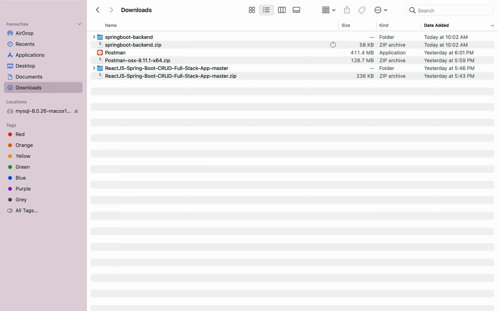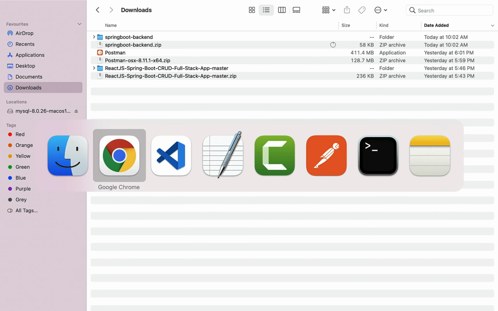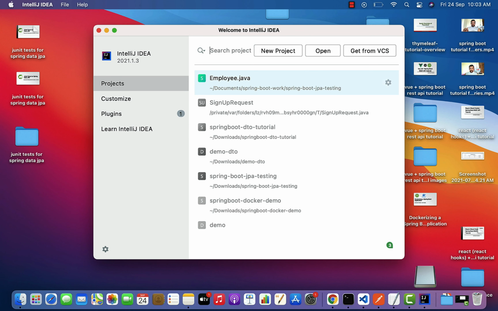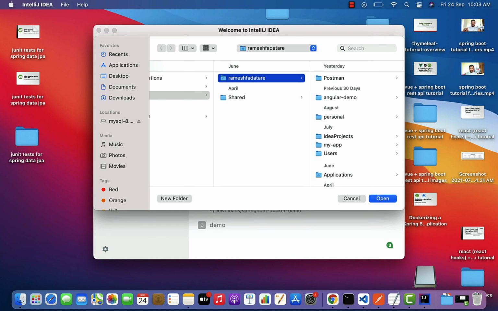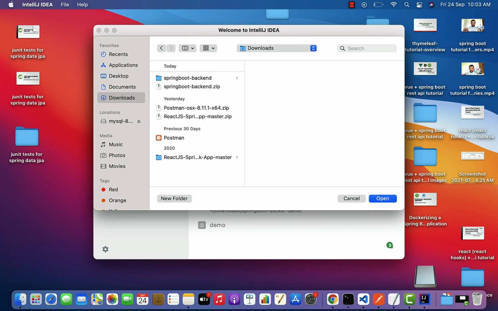Now open IntelliJ IDEA and import this Spring Boot application in IntelliJ IDEA. I have opened IntelliJ IDEA, and here you can see the open button. You can click on the open button to open an existing project. Go to the directory where your project is downloaded.